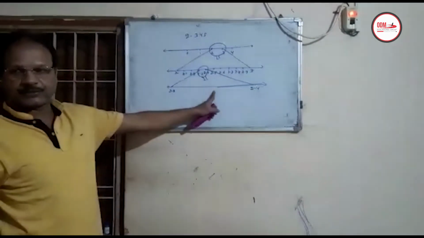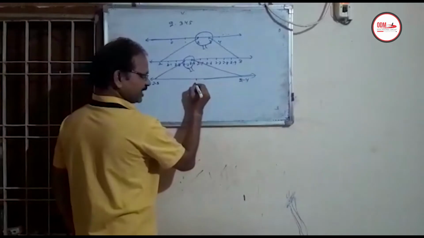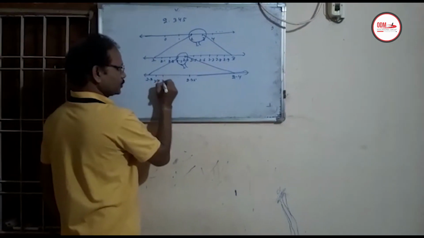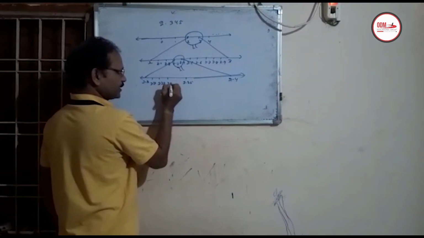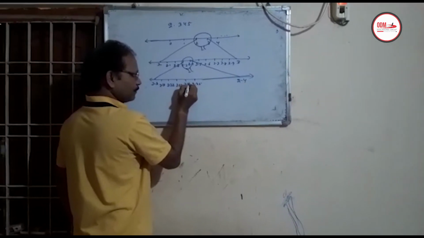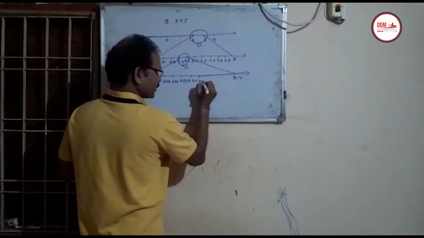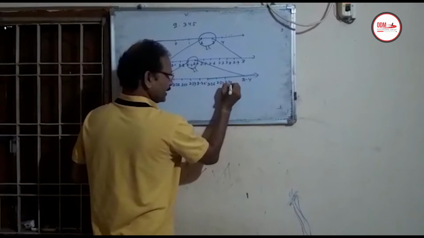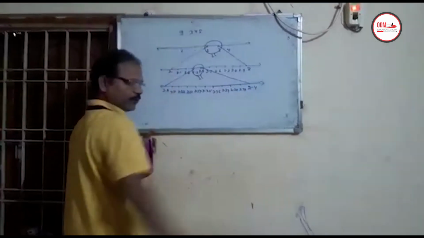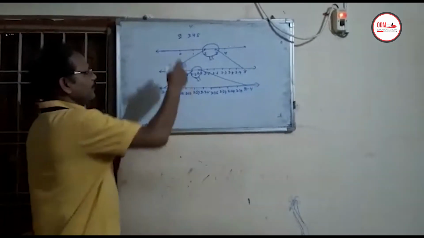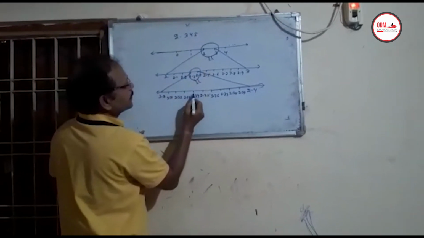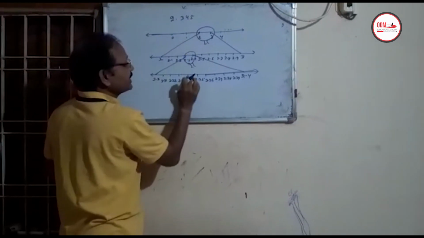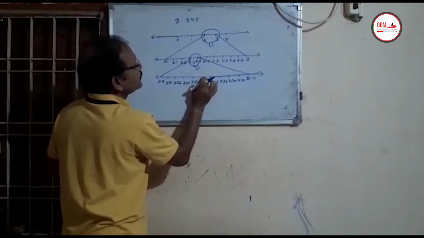Now again it will be divided into 10 equal parts. The middle point is 2.35, this is 2.31, 2.32, 2.33, 2.34, like this, 2.36, 2.37, 2.38, 2.39, then 2.4. Now 2.345 lies in between 2.34 and 2.35.